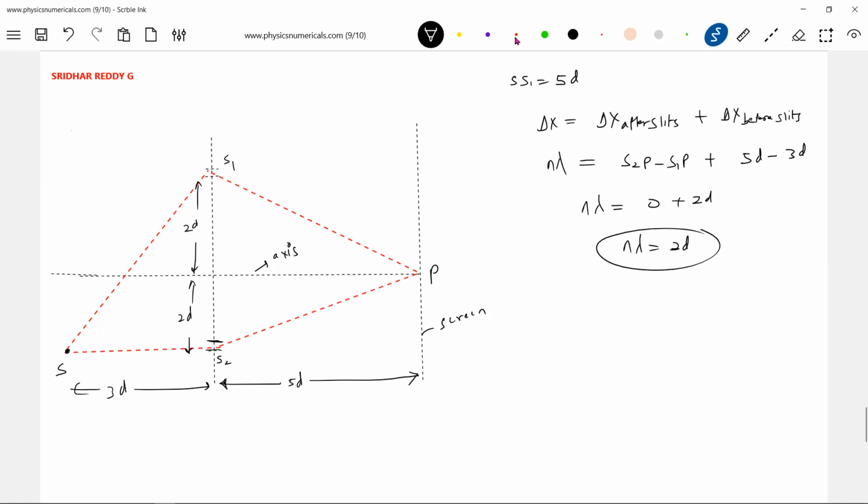Okay, fine. So this condition will decide where the central maxima will be. The central maxima is a point where the path difference is zero. We should not talk like in YDSE. Don't bring tan theta, sine theta. Just simple analysis. Put n equal to 1, put n equal to 2, and you'll get the order of interference there.